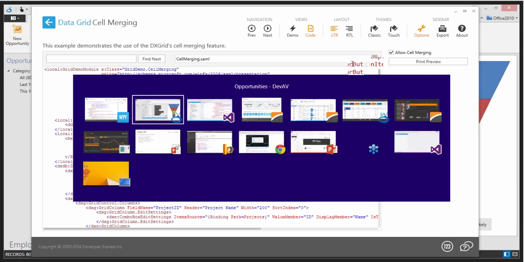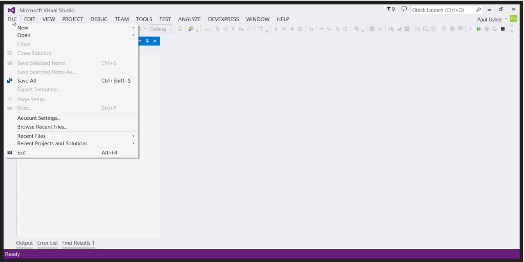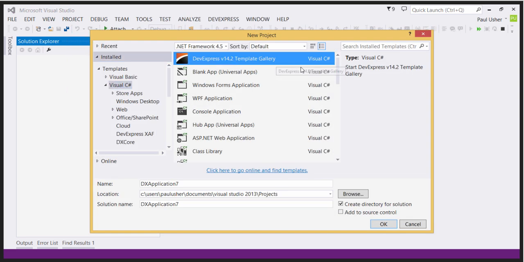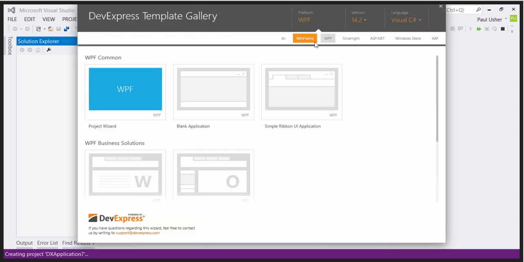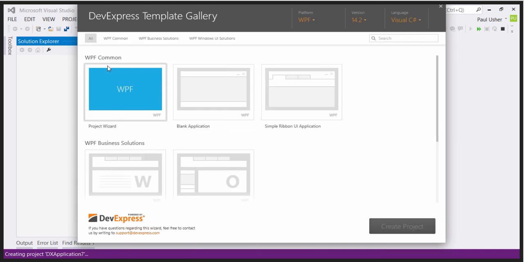If you were going to get started with WPF before we start building the sample application next time, then open Visual Studio after you've installed the DevExpress controls, click on New Project, and select the DevExpress Template Gallery option from the templates here. When that opens up, make sure that the platform is set to WPF, because our template gallery supports all of our different controls. If you want hand-holding stepping through exactly what your project should look like, there's the inbuilt project wizard, as well as a basic sample ribbon application,